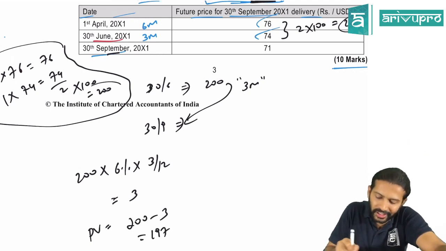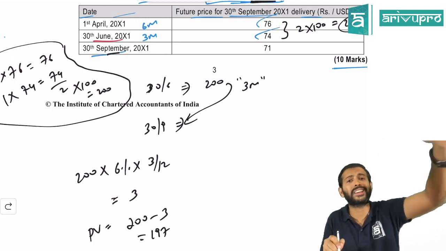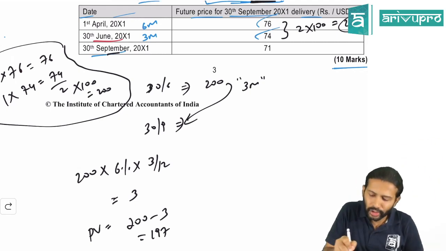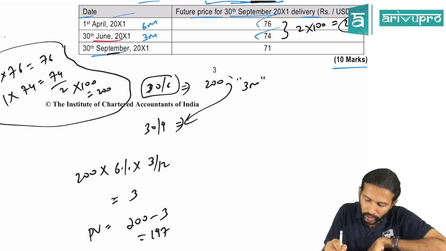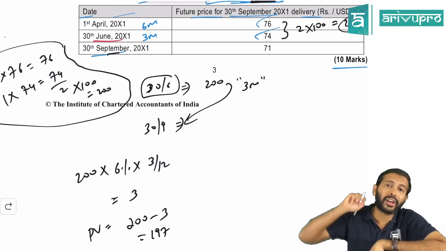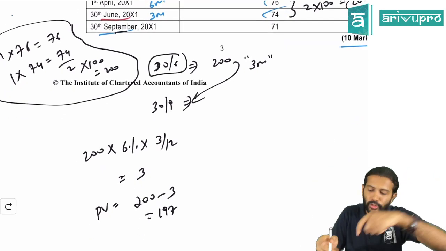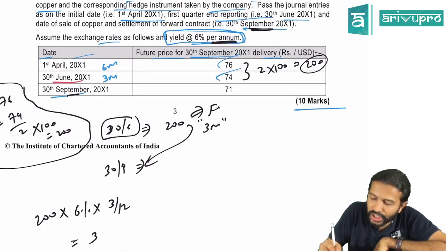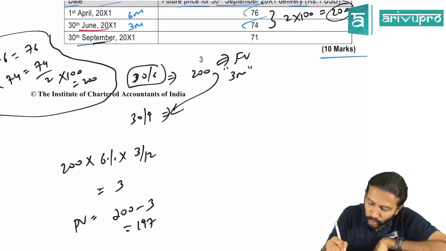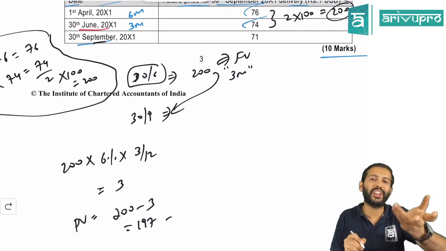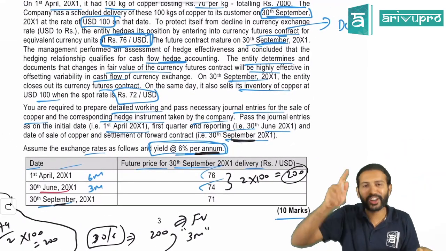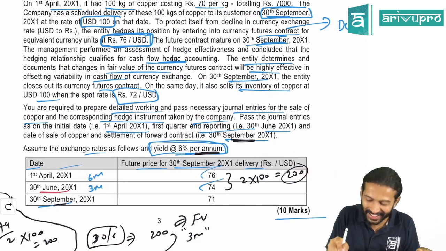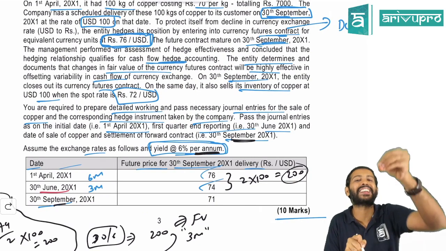Because 200 is the gain you will get when the forward contract gets executed. That execution happens on 30th September, but we are currently on 30th June. So 200 rupees is a gain, not now, but on 30th September, 3 months later. That means this 200 rupees is the future value. We need to find out the present value of this, because of this particular culprit, 6%. We had not done this in our class problem because they had not brought this in. That is only an extra twist over here.